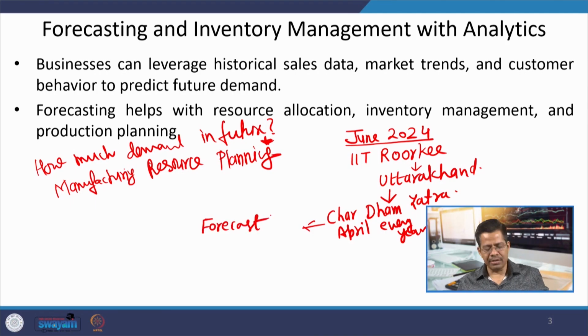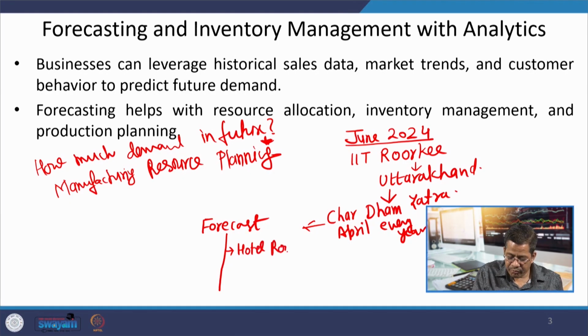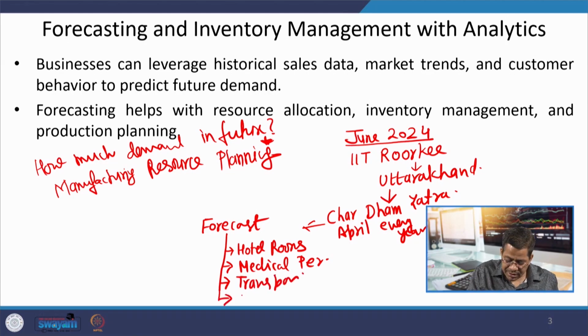With this forecast, resources like hotel rooms, medical personnel, other transportation facilities, helicopters, all the paraphernalia required for a smooth yatra season, are created on the basis of